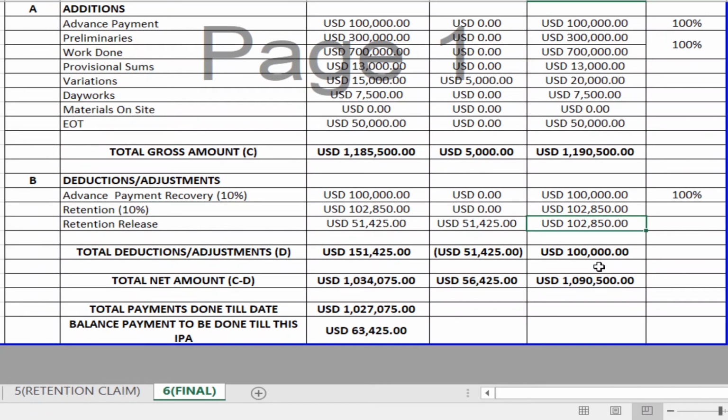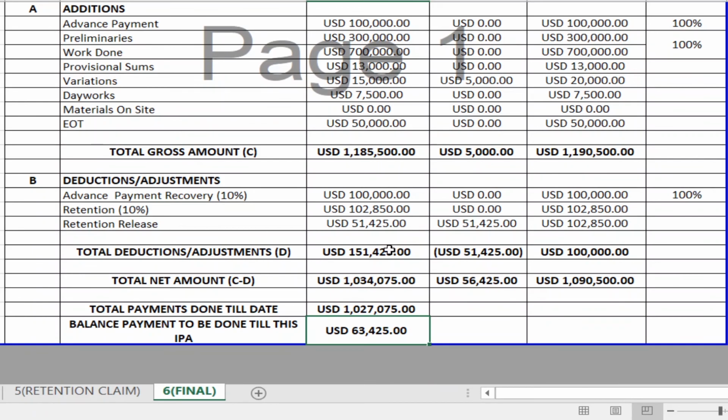Totally, you have to receive an amount of 1,090,500, including all your retention and all your work done. The payments that you have received till date are only 1,027,075. So your total net cumulative amount minus whatever payments received till date will be your final payment application amount that you will have the right to receive.